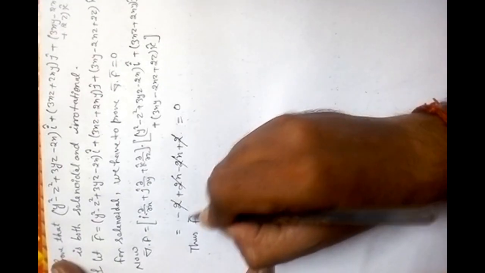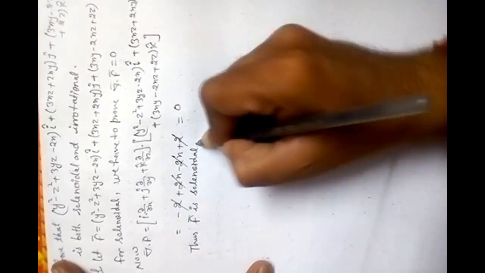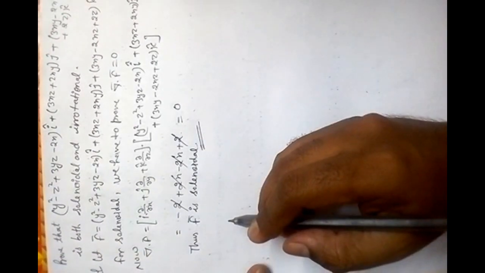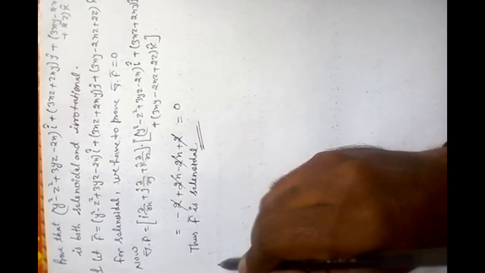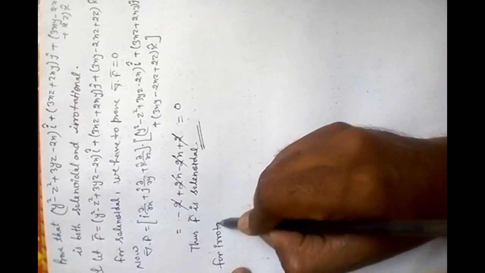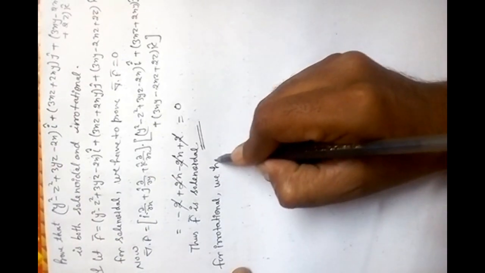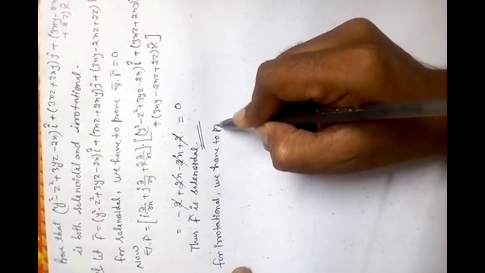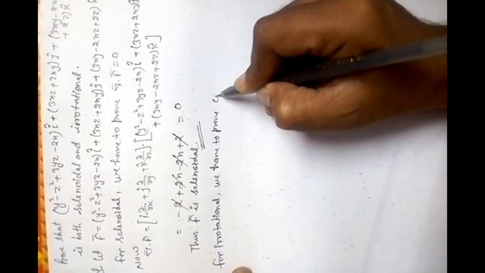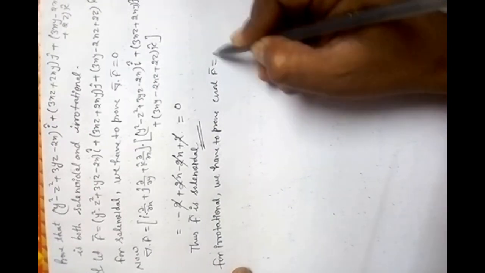Thus vector f is solenoidal. Okay. For an irrotational vector, we have to prove that curl f is equal to 0. So